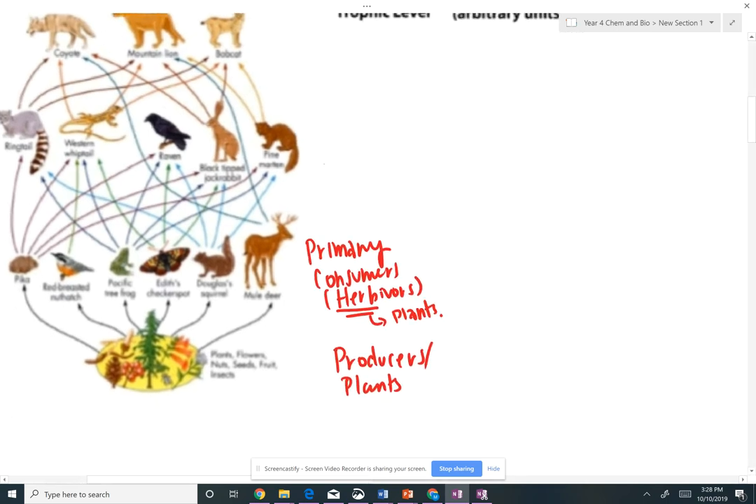Then we have our secondary consumers. These can go either way. These are either omnivores or herb